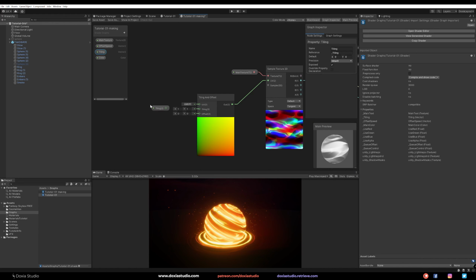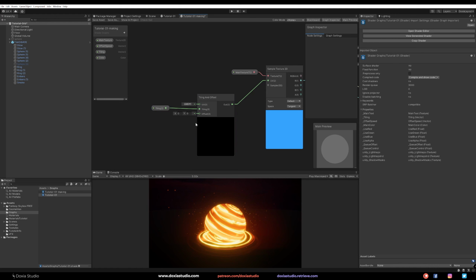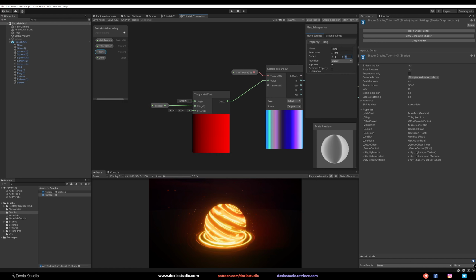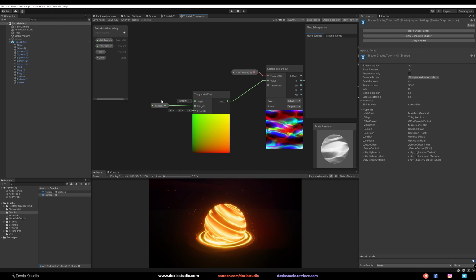So we can link this tiling here. You can see why I use vector 2, because we have X and Y. So link this here, and we have the offset. Let me come here to the tiling. Let's use 1 and 1 as default.